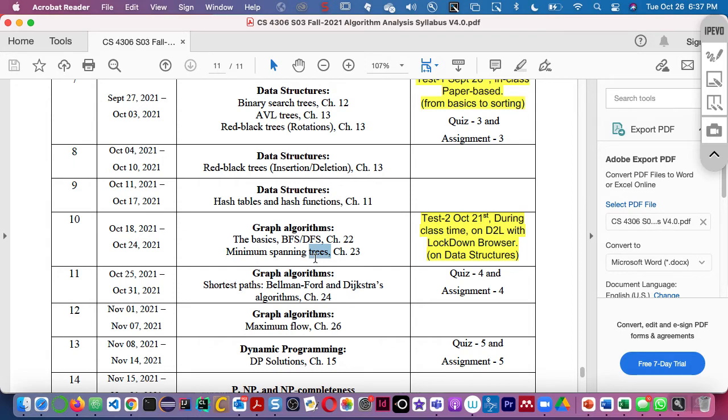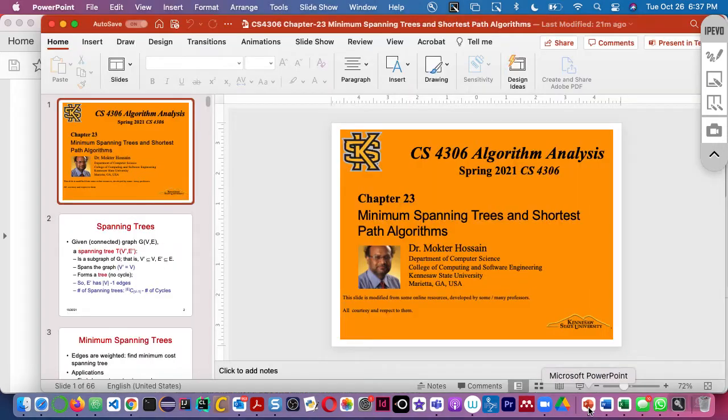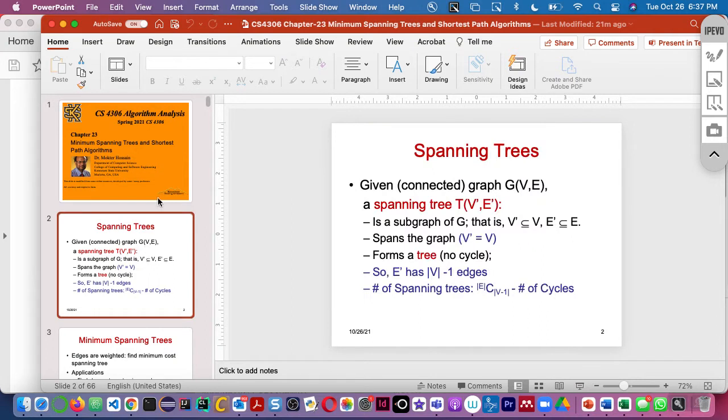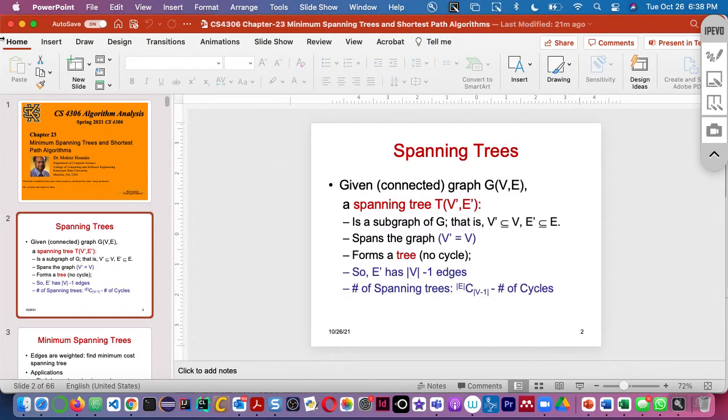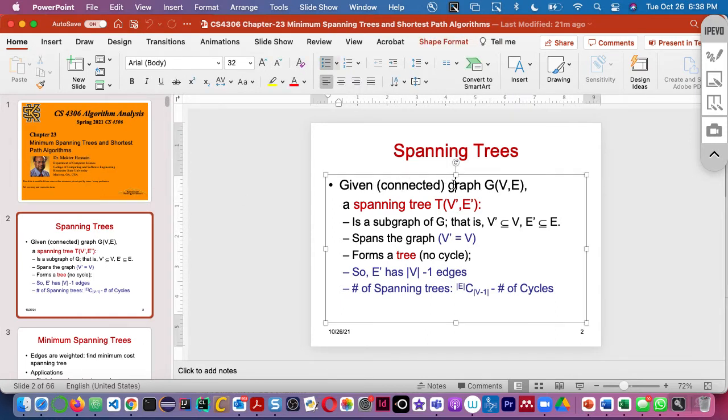Okay, so we know that graphs are developed from tree. Okay, the origin is tree. Okay, so let us go through quickly. So first of all we need to understand spanning tree. So a spanning tree is for a connected graph. Okay, we need for a connected graph, G, V is set of vertices and E is set of